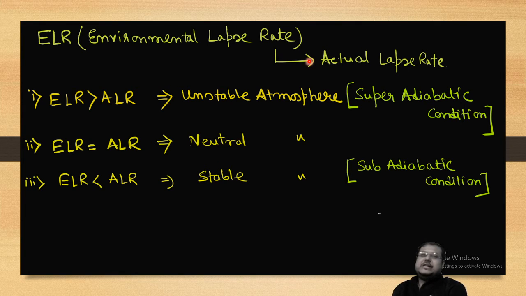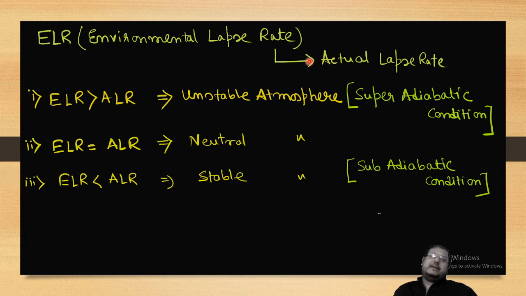If ELR is equal to ALR, it is a neutral atmosphere, and if ELR is less than ALR, then it will be called a stable atmosphere, and the condition is